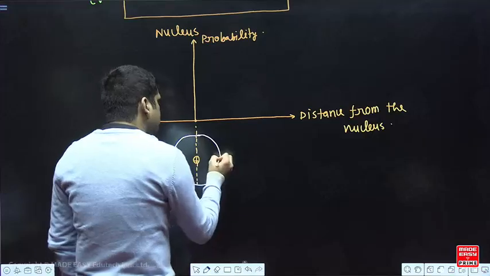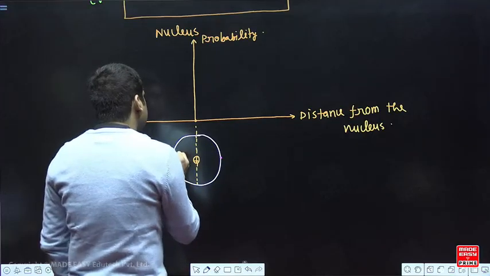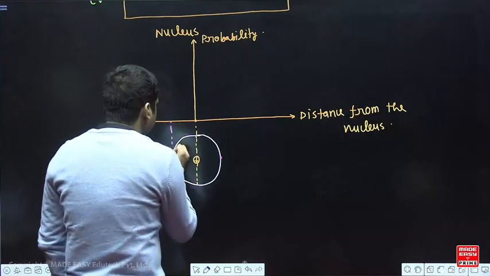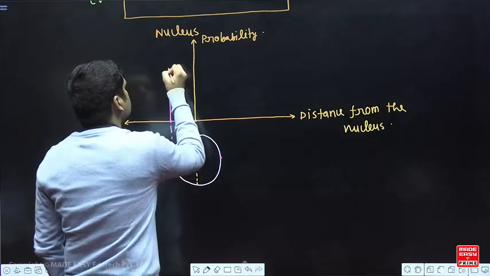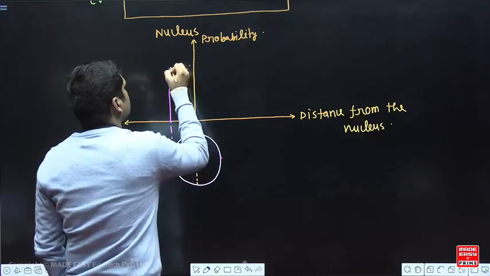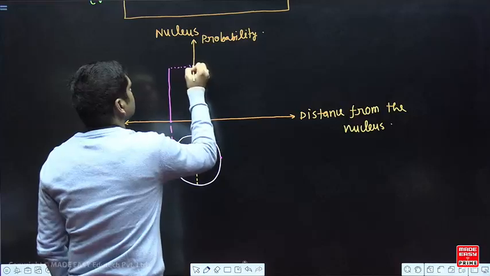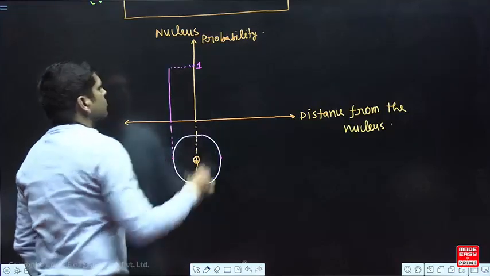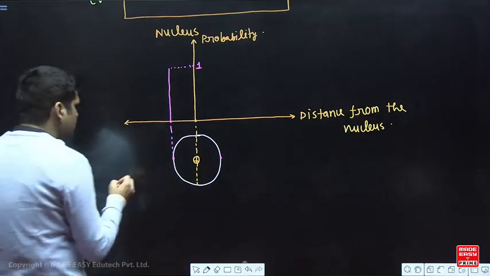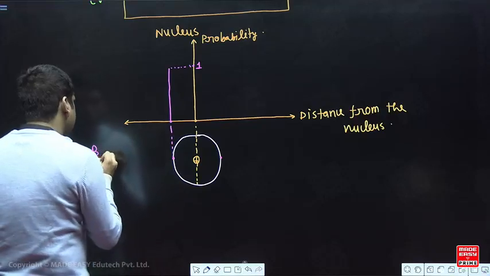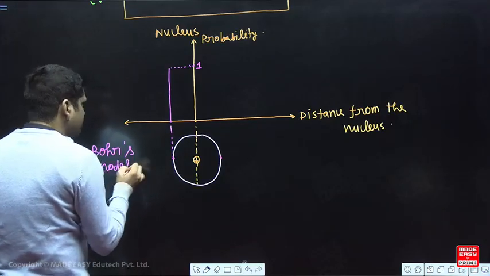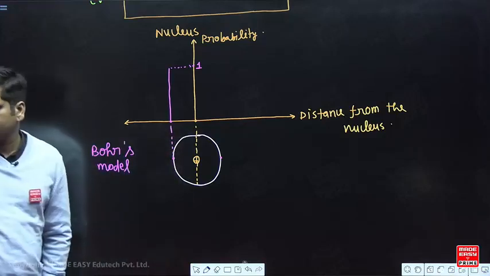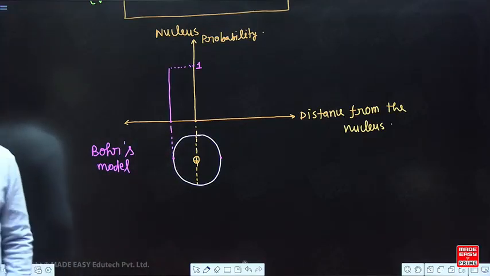This is n is equal to 1. So according to Bohr's model, there must be some electron here. Must be means the probability of finding the electron is 1. This value must be 1 according to Bohr's model. This diagram is representing Bohr's model, this side. There must be an electron in this position. But